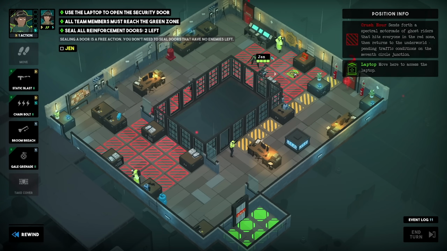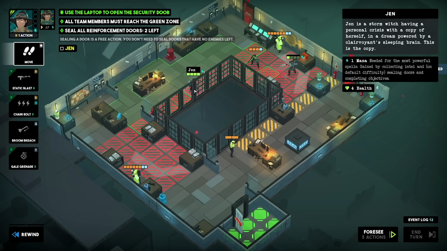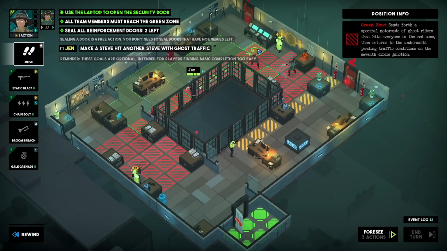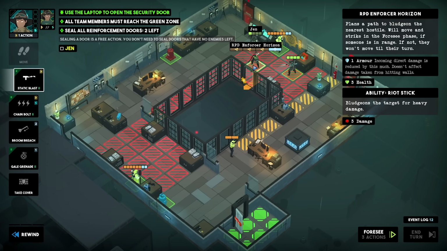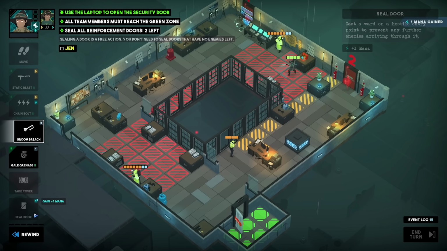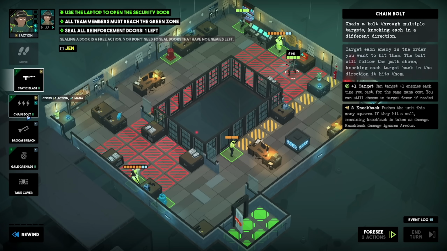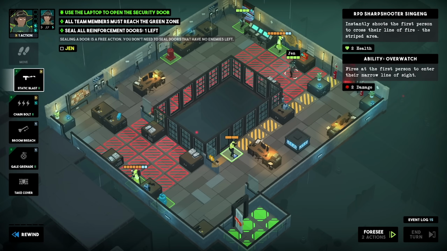Well, step one, get the door. I think I can knock this dude at least out. Yep. And use the extra move to get here. Seal. You can hit someone else. Might as well. Actually,